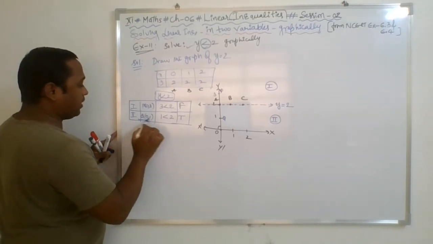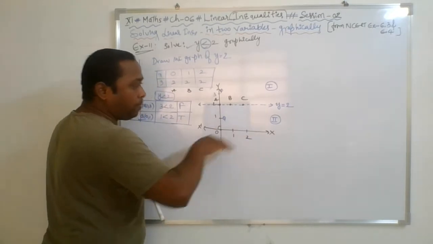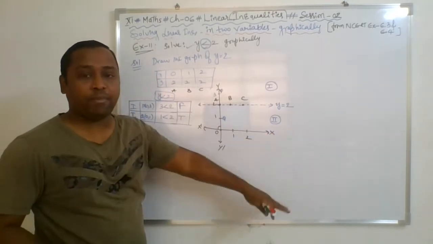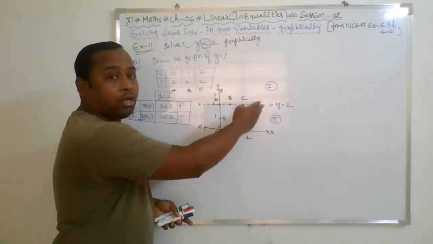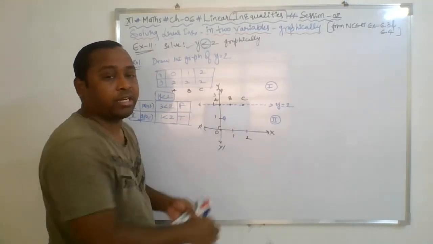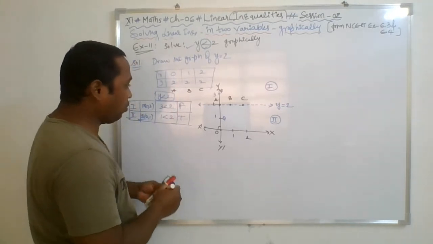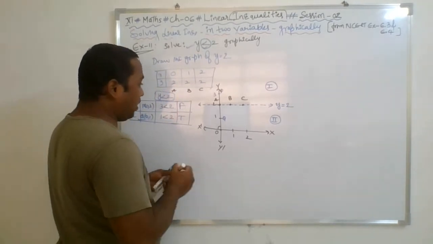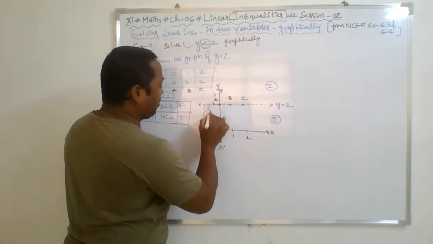So which point is satisfying? Plane 2. So hence, the lower part or lower half plane will be the solution. Hence, shade that lower half plane to some extent. It's all about your interest, how you want to show it. See, I wanted to show the solution region by drawing a curved line.